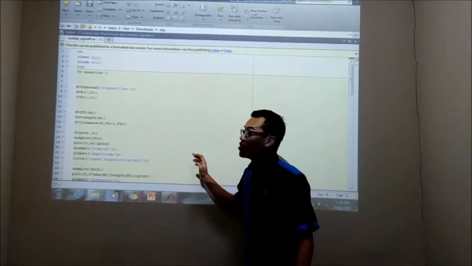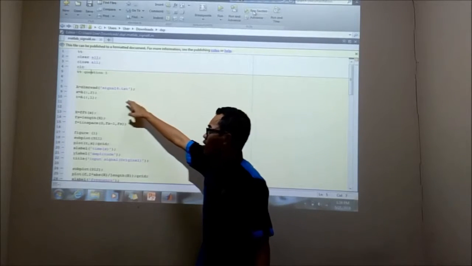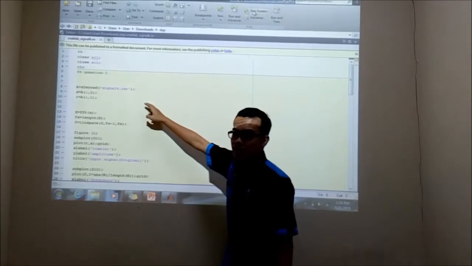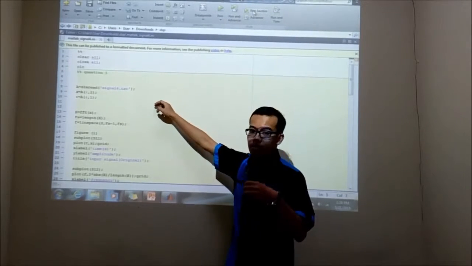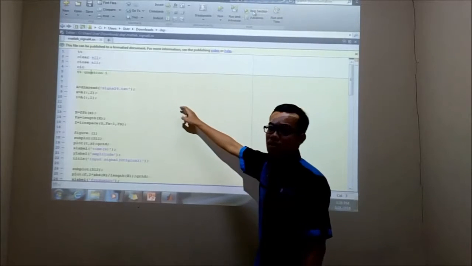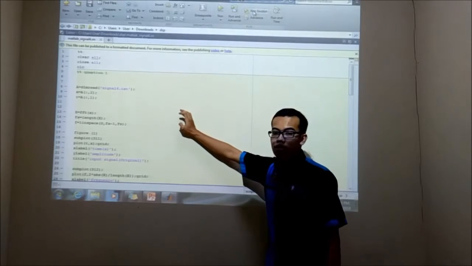So my part is question 1. This is the coding that I mentioned before. This is signal 4 that we saved in Notepad. Our group's signal is signal 4, which was given by the lecturer. Then the result is